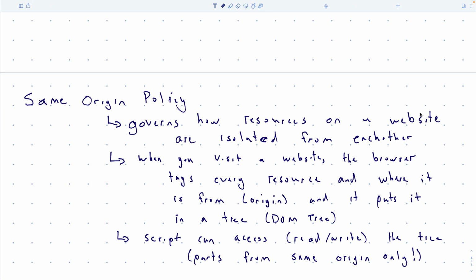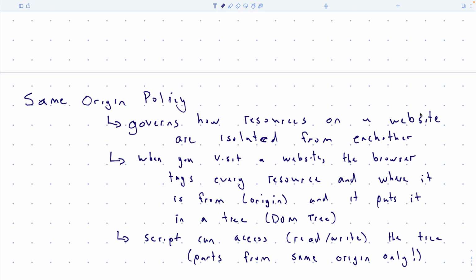If you get bad scripting on your website, then it can basically rewrite the whole website. But when we have iframes, that also kind of isolates things. So we need to write down some rules for when JavaScript from site A is allowed to talk to JavaScript from site B, and can they write over each other's resources, and does it make a difference if it's embedded in the page or if it's in an iframe? What are all the rules?